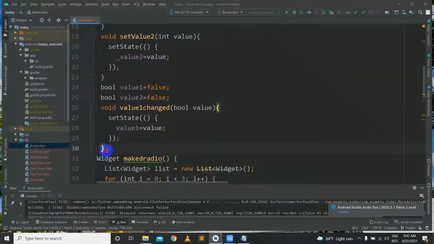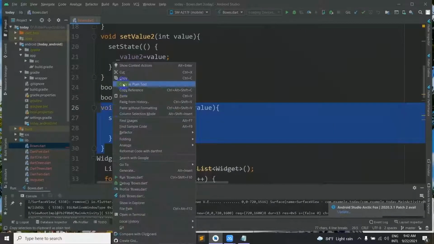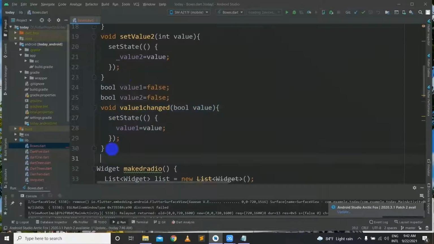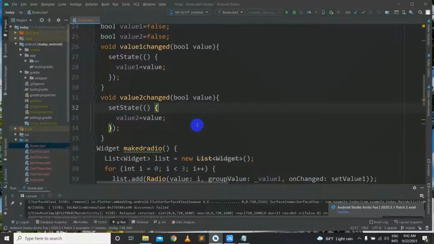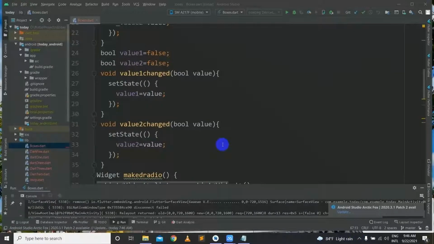Likewise, let's make another method out of this. We'll copy this and we'll paste this, and inside it we'll change it to value 2 change, and the next value 2 will be equals to value. That's how we made this. Now let's have some checkboxes placed inside our body.